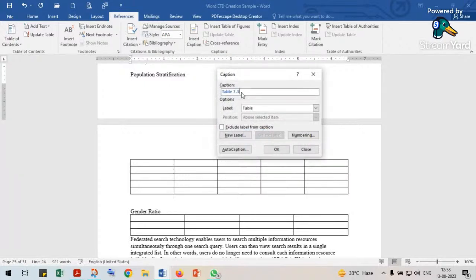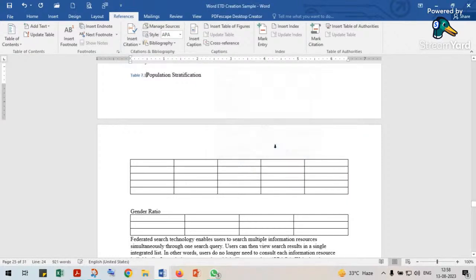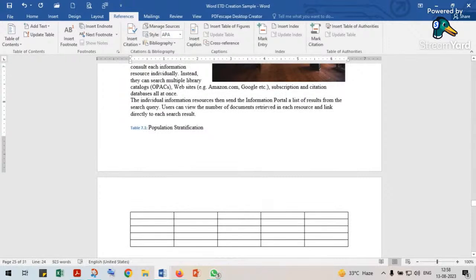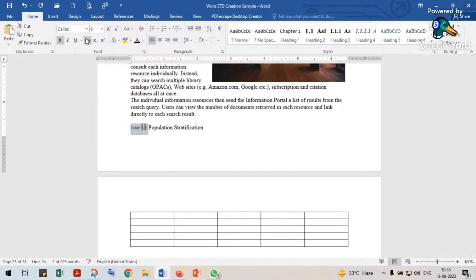It is giving Table 7.1. Okay. We want to place colon, space. Now you see this formatting does not match our formatting. So we need to format this style: Times New Roman, size 12, black, and the heading should be bold,